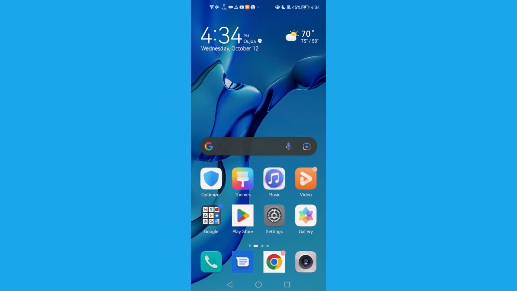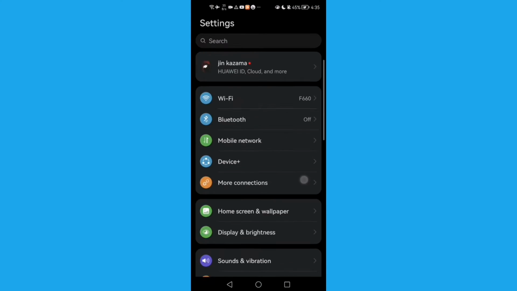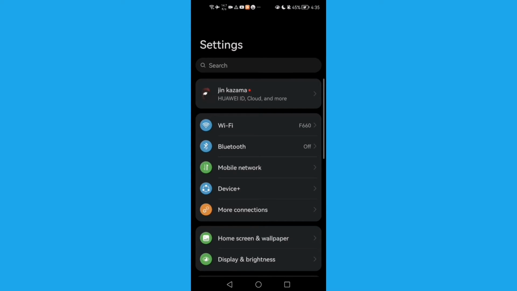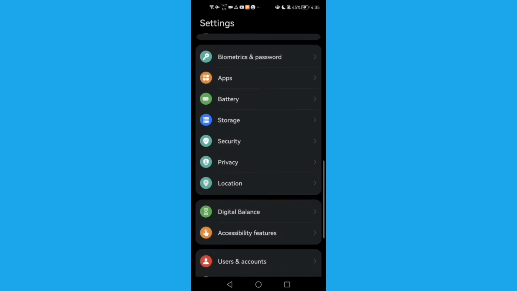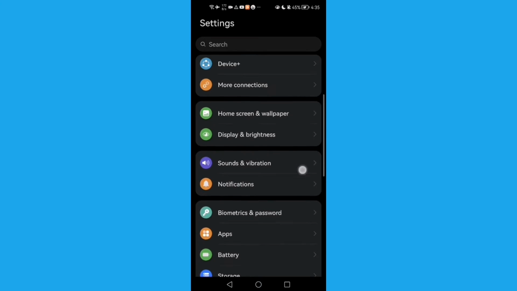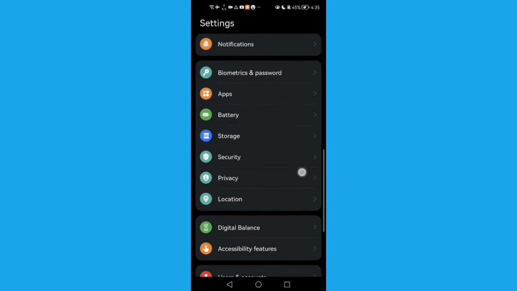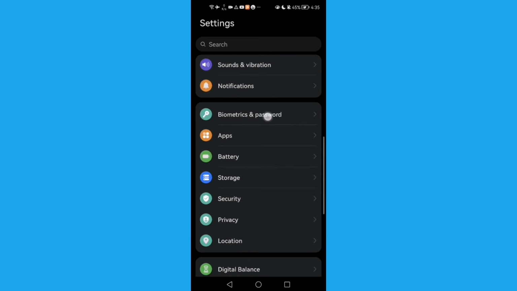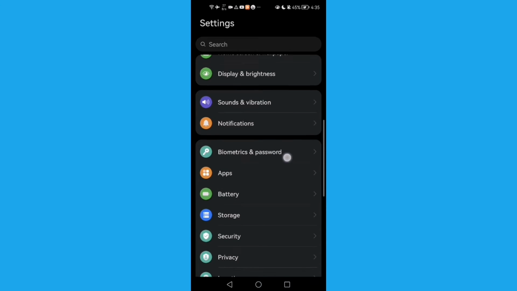First, open settings and then just scroll down until you find this one here, biometrics and password. Click on it